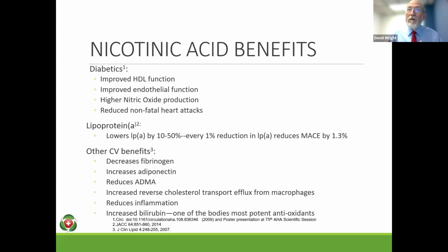There are lots of other nicotinic acid benefits. Fibrinogen levels are lower. Adiponectin levels are higher. A chemical called ADMA that actually inhibits nitric oxide synthesis